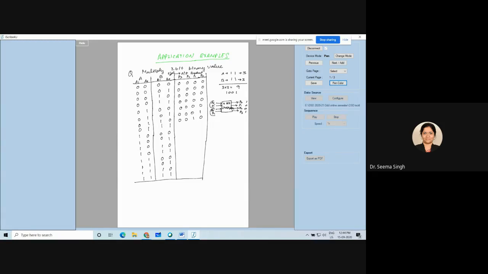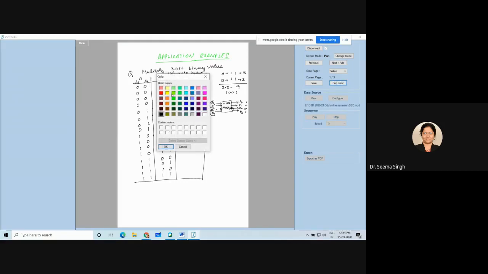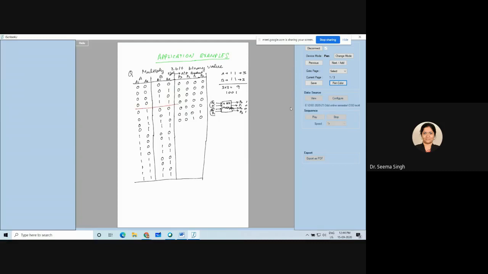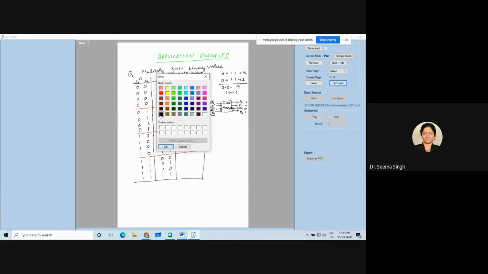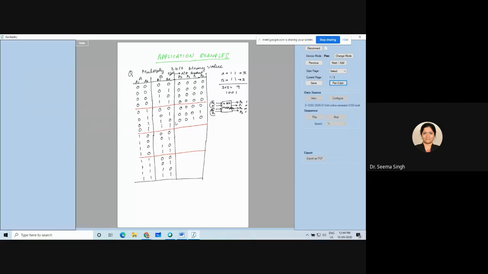Okay, so let me make certain rows so that you people don't get confused. Till here we saw that it was 0, 0, 0 only. Now here we will see 1 getting multiplied by 0, 1, 2, 3. Here we will see 2 getting multiplied by 0, 1, 2, 3. And here we will see 3 multiplied by 0, 1, 2, 3. So now what did I get? I got 1 multiplied by 2, so the answer will be 2. Now it is 1 multiplied by 3, so the answer will be 3.